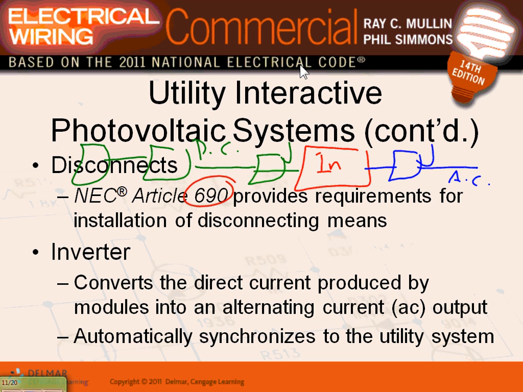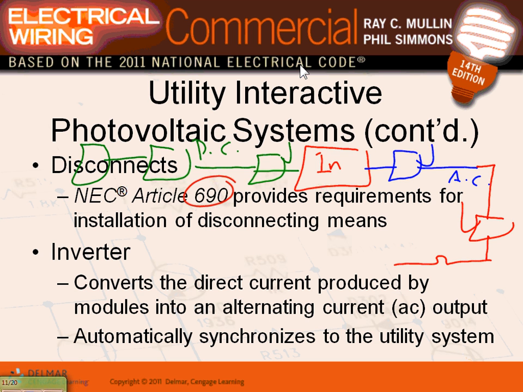Can you guys see that? Think of it as an inverter has to have two disconnects. A lot of inverters have a disconnect inside the inverter for the DC, outside the inverter for the AC. Why do we have a disconnect? To completely isolate the system. And also, when you come over here and you tie it to the grid,